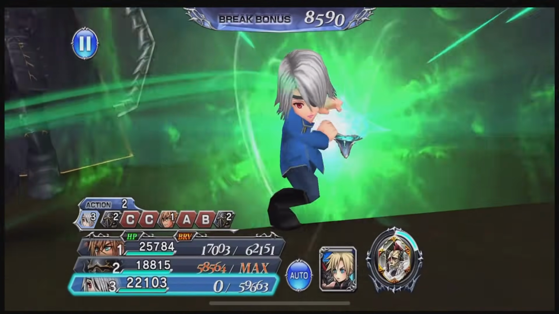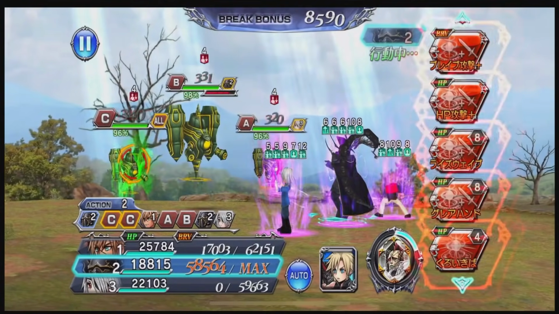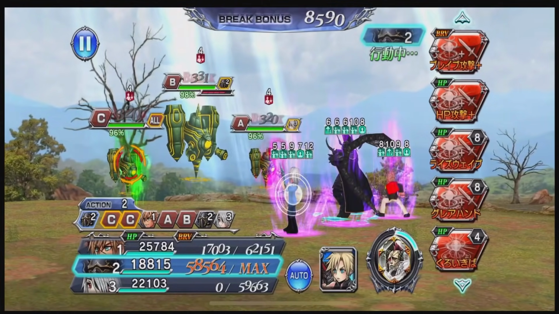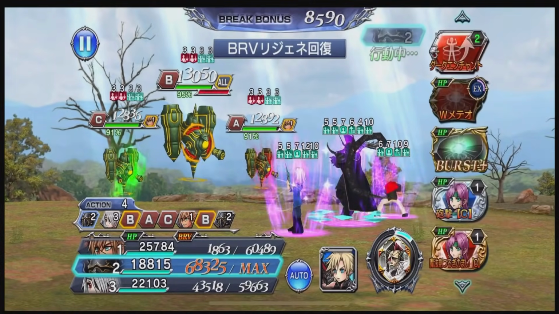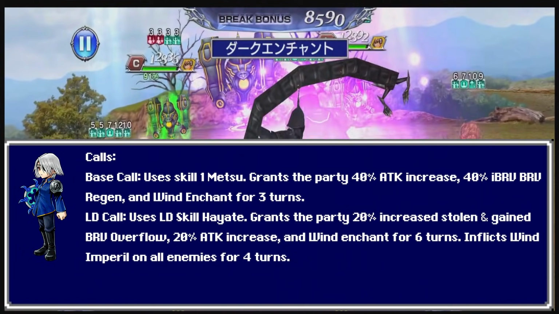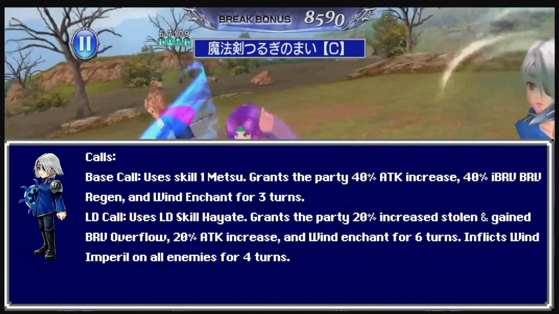So you can see she has 2 HP dumps, and she deals AoE wind damage, and then you get 12 turns right here of that buff, which is Gust of Wind. Now her calls: skill 1 is going to be her base call, which is Mets. It grants the party a 40% attack increase, 40% brave regen based on initial brave, and a wind enchant for